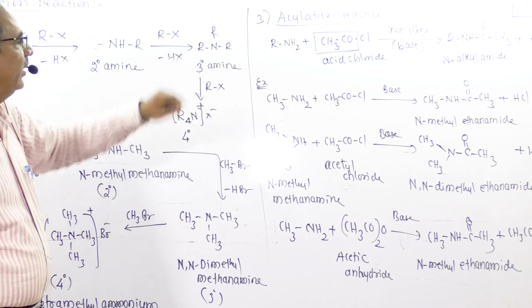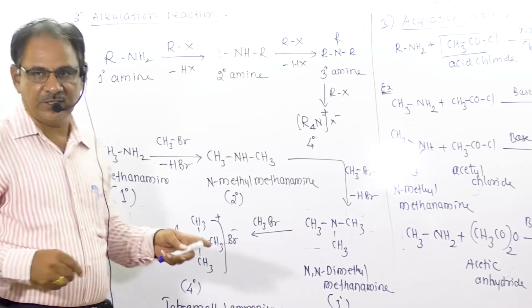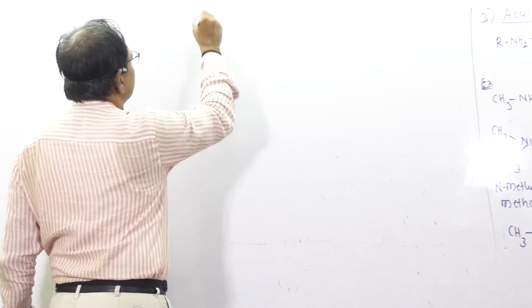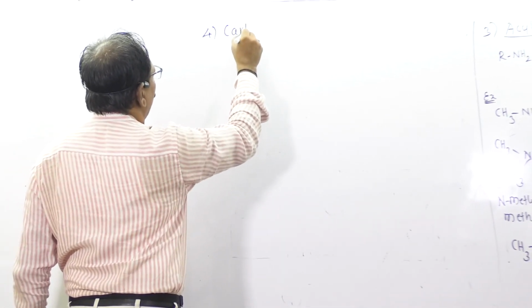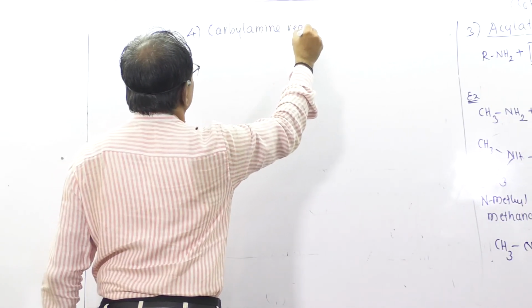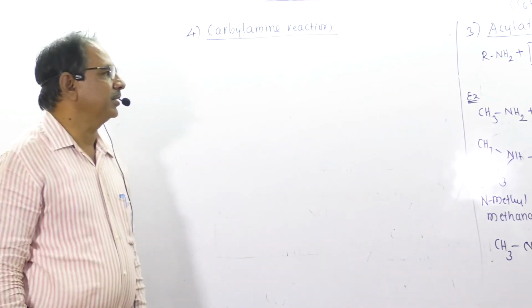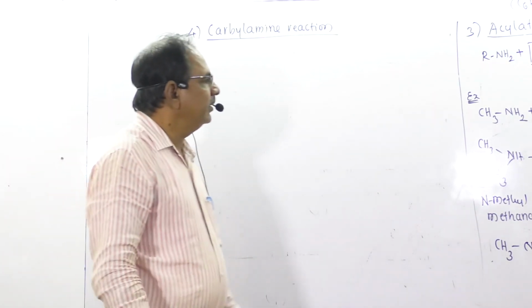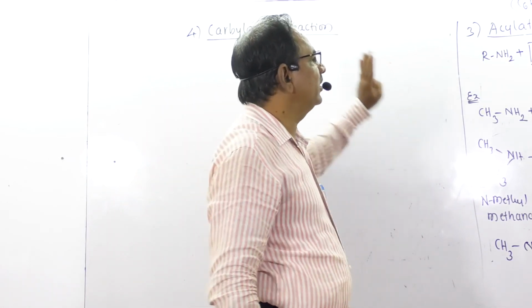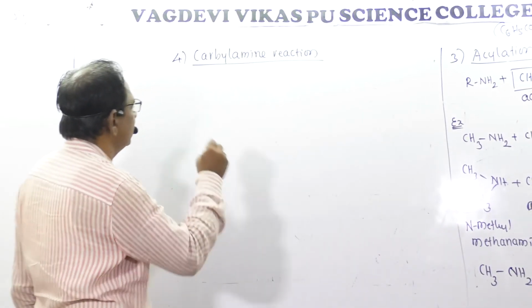So the third reaction is the acylation reaction. Then we come to the fourth reaction, that is the carbylamine reaction. The carbylamine reaction is used to identify primary amines only. Only primary amines undergo the carbylamine reaction, that is